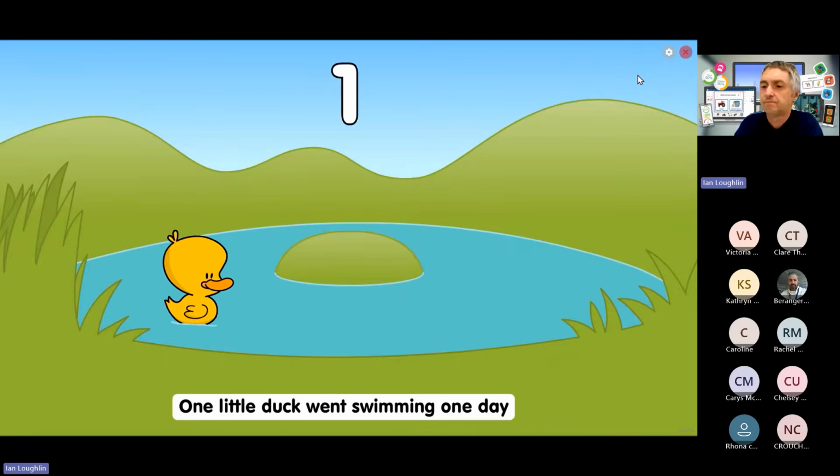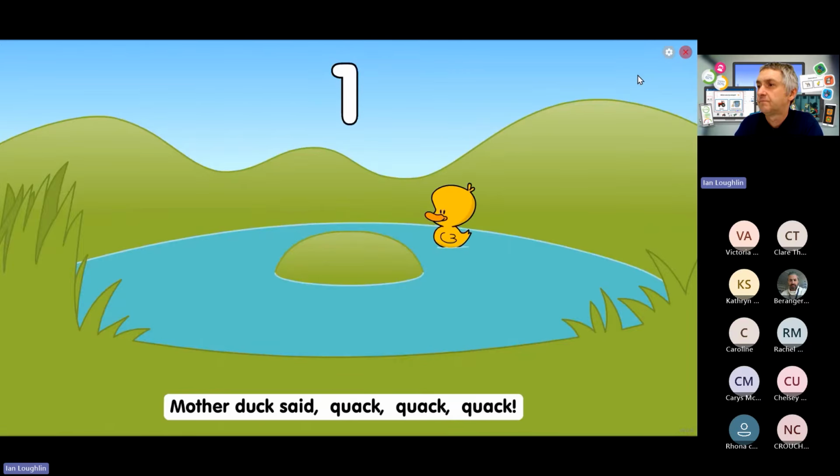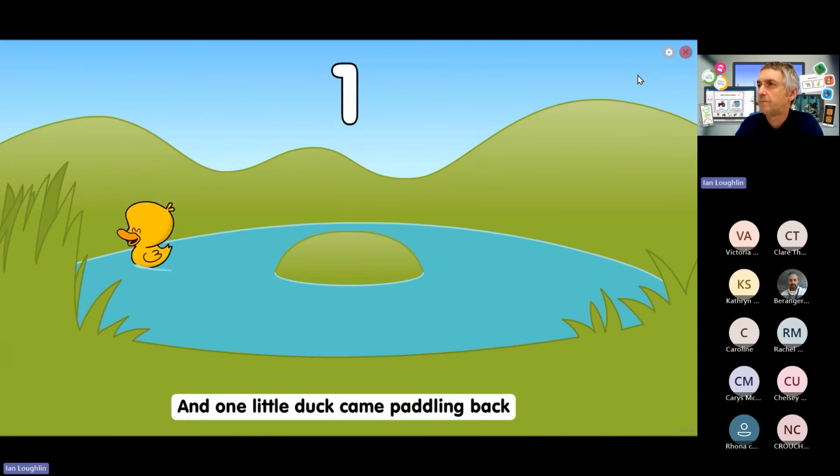One little duck went swimming one day, over the hill and far away. Mother duck said, quack, quack, quack, and one little duck came paddling back. Quack, quack,